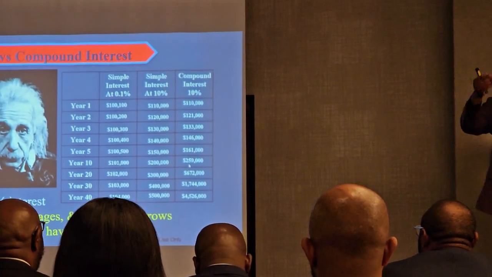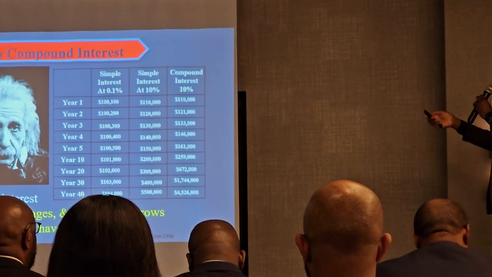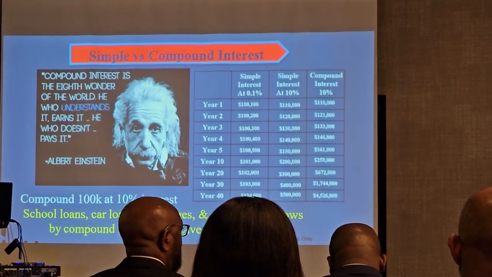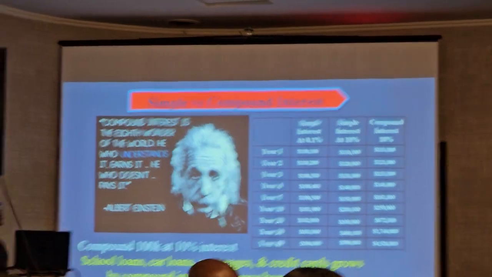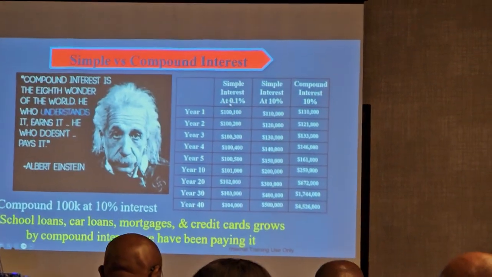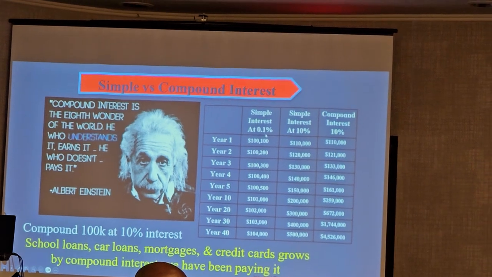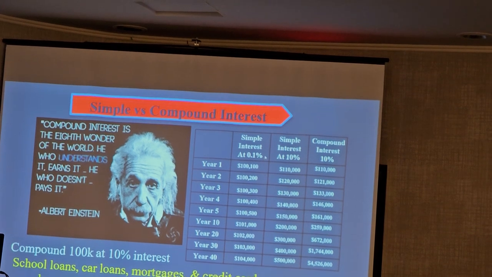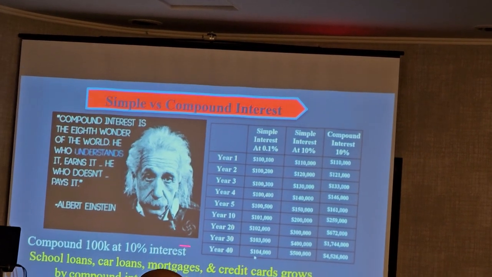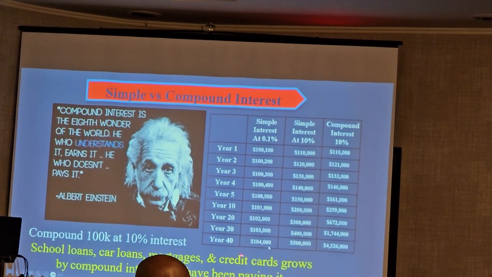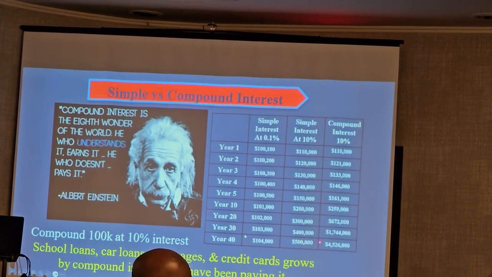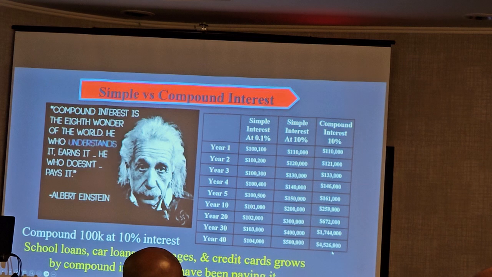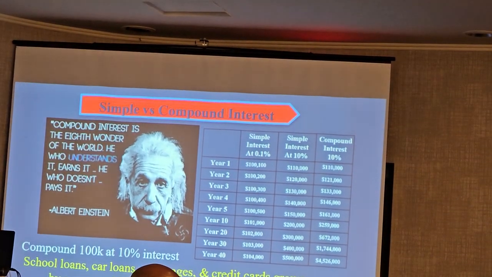Now, if we could be honest, we could keep it real. Most of us are keeping our money in accounts that grow through simple interest. Our checking and savings accounts are barely earning 0.1% interest. Put 100,000 in an account that's growing at 0.1% like most of our community does. 40 years later, look at how much you have, 104,000. Whereas you'd have had 4.5 million in the account growing through compound interest. Understand compound interest. Grow your money through compound interest.